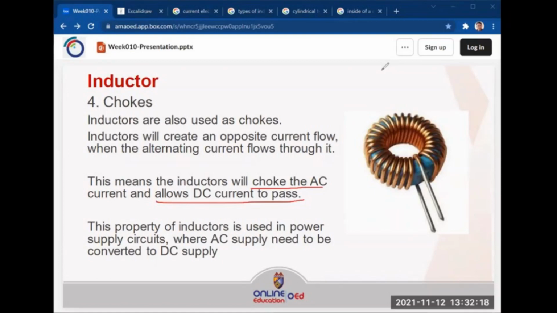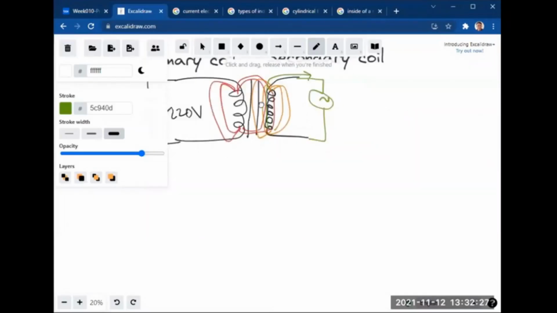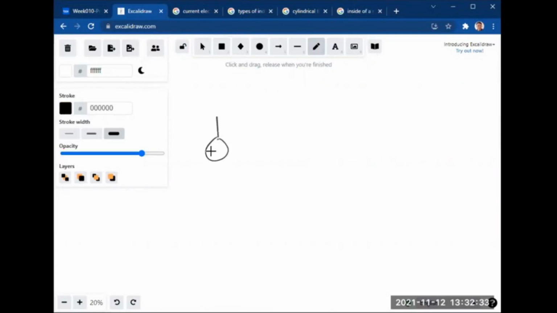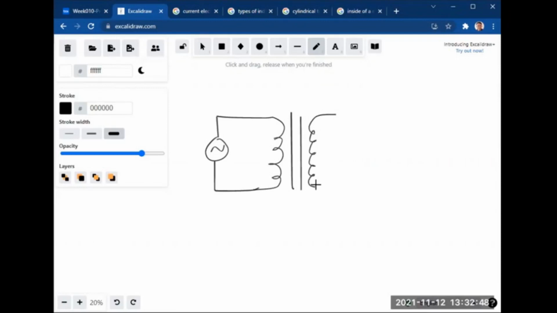So what happens here is, usually, a power supply circuit looks like this. You have your source, then it will pass through a transformer. Then the output will be, it depends on what is needed. If DC is needed, it will be, let's call this one,